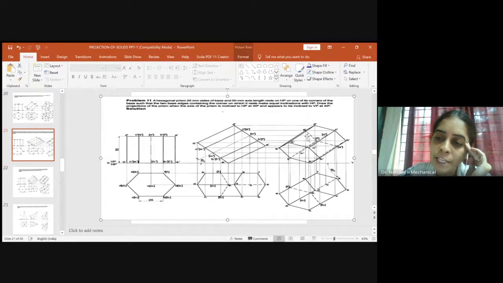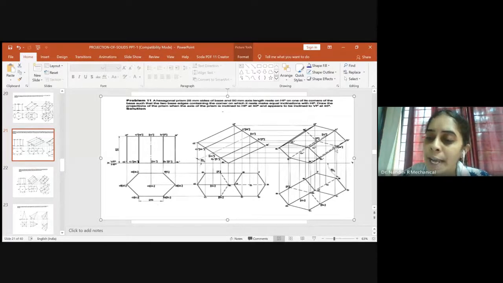Any side which is passing through the hidden line also will be hidden. So you have F1 dash to E dash, which is one of the edges. This will be hidden, and again F1 dash to A1 dash also will be hidden. Along with that, we have one more side here, A1 dash to A dash, which is passing through inside the surface through which the observer is viewing, and hence A1 dash to A dash will also be a hidden line. Okay, so you should have clarity to identify which are hidden and which are continuous lines.